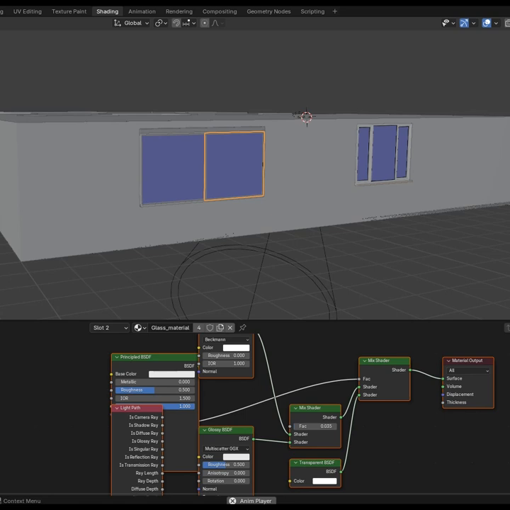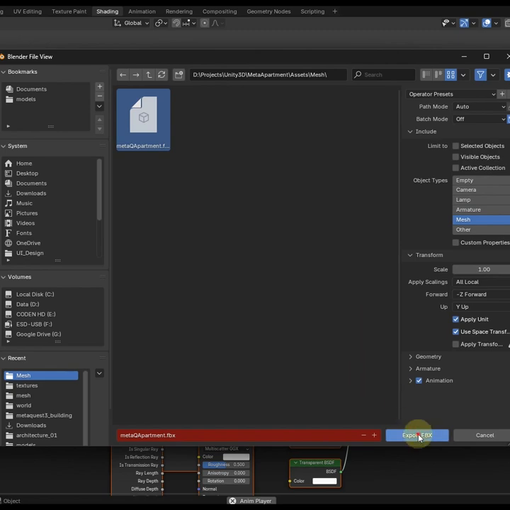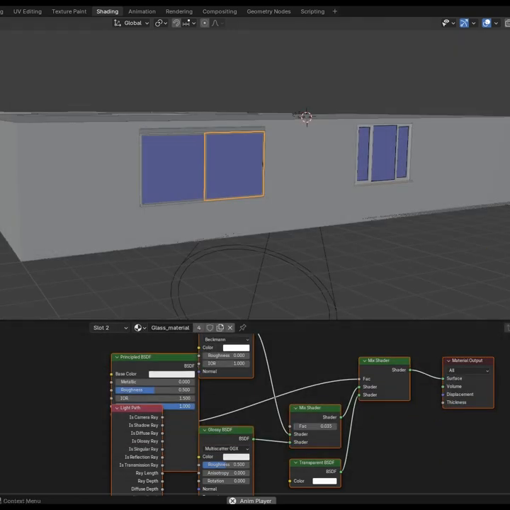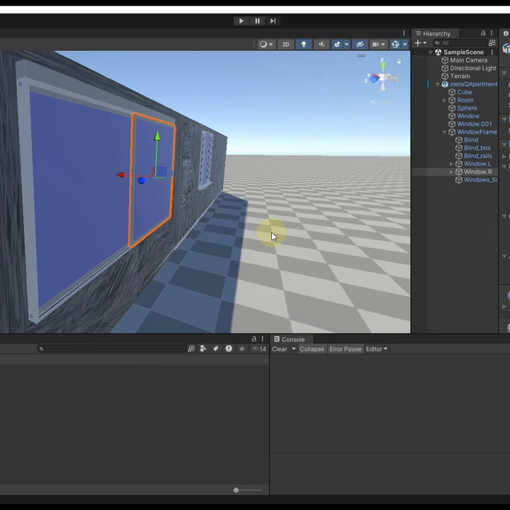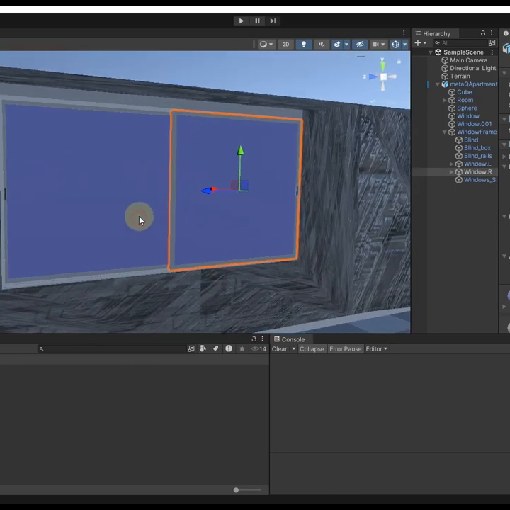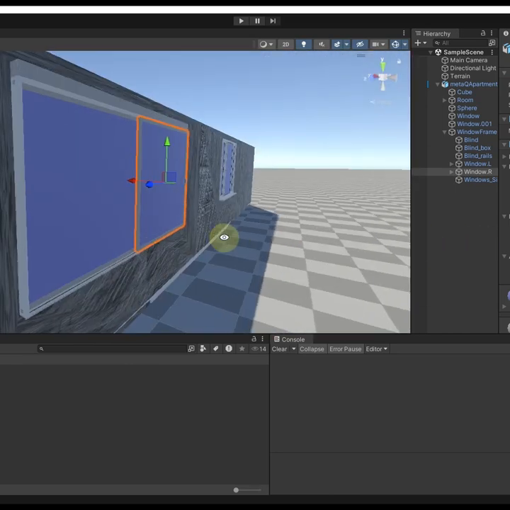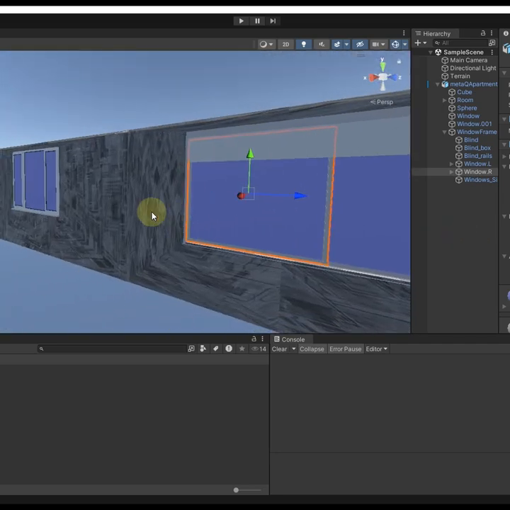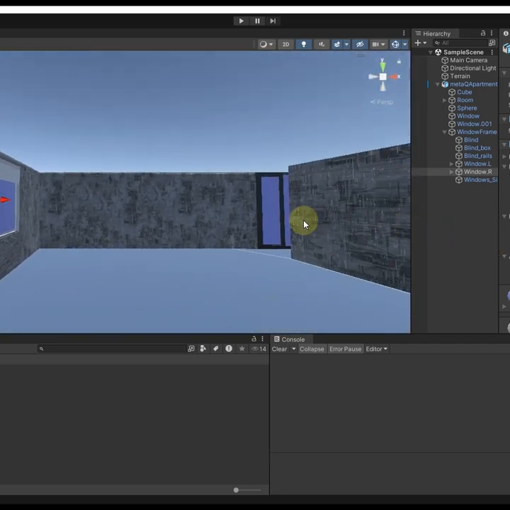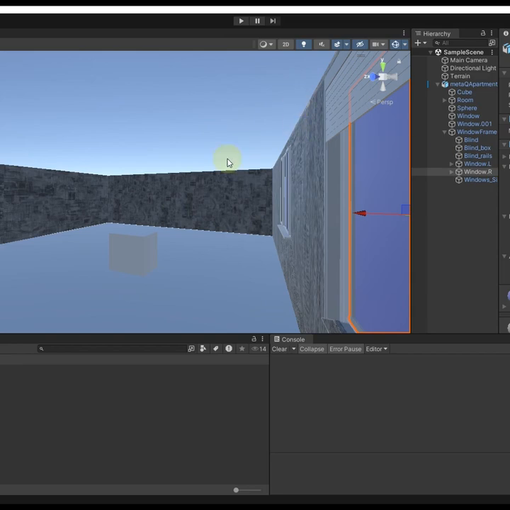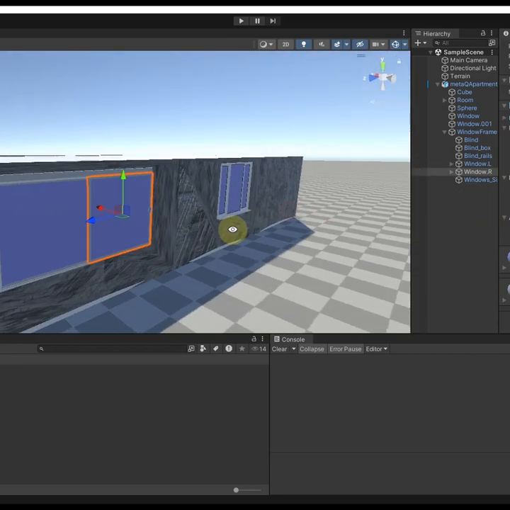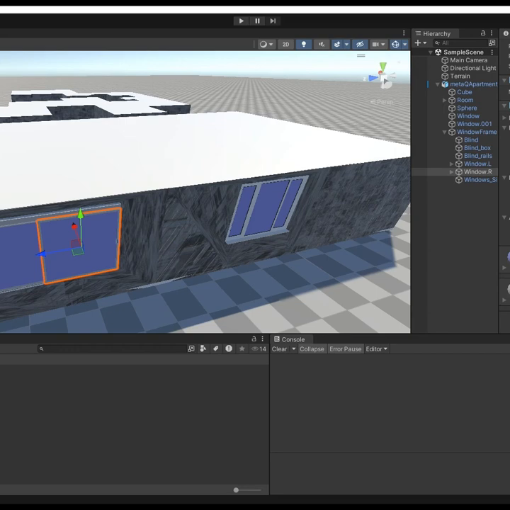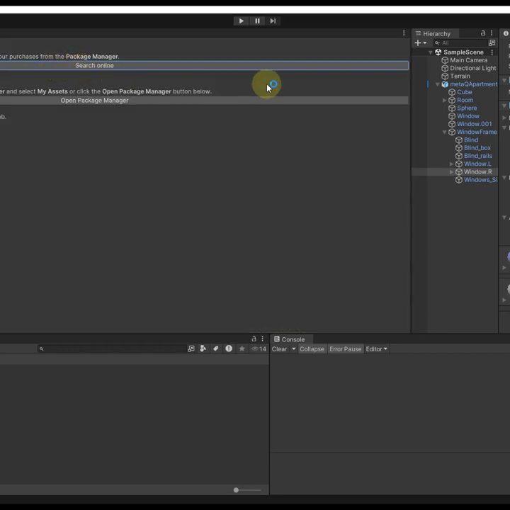0.25, and save, export, FBX, the options, export. I go into Unity. It's now showing. So next I want to do basically, this other windows are quite fine. Actually, the glass there's also some tinting from the side. What I'm going to do now is bring in, from the asset store, find, search for glass,